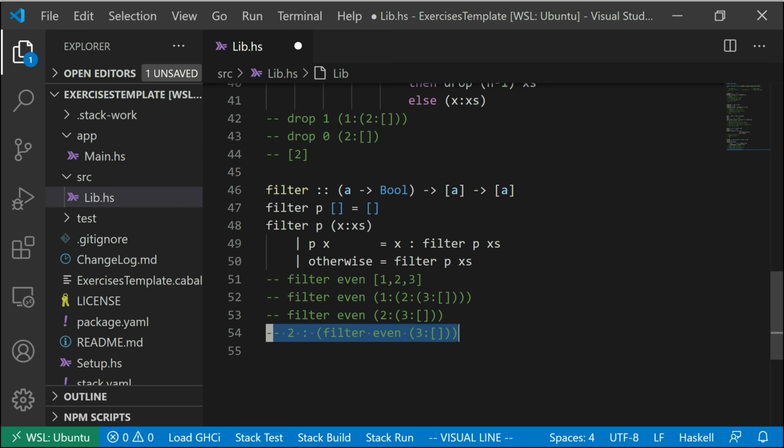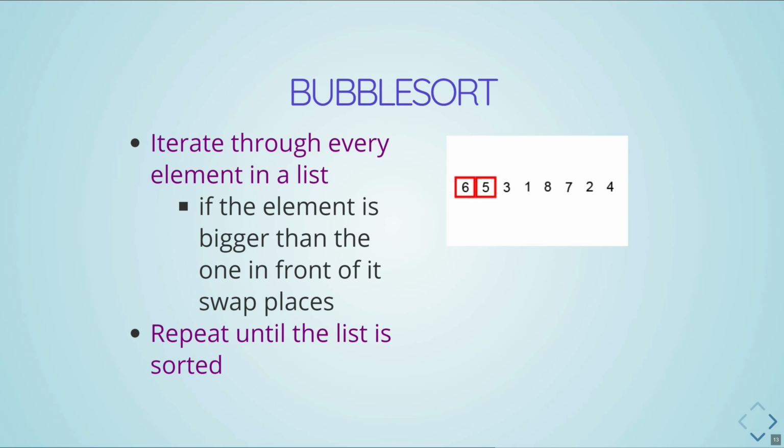So, we'll just try it. And then we're at the empty list. And what are we going to return? Just the empty list. It's going to be 2 and an empty list, which is the same thing as just the list of 2. Okay, and that's filter. Okay, let's take a look at what's possibly the most popular intro algorithm ever, the bubble